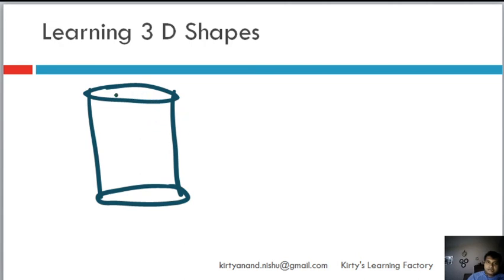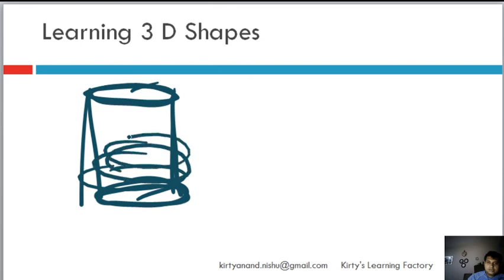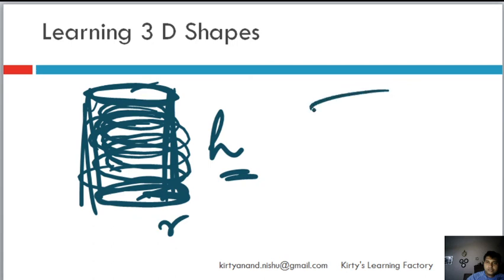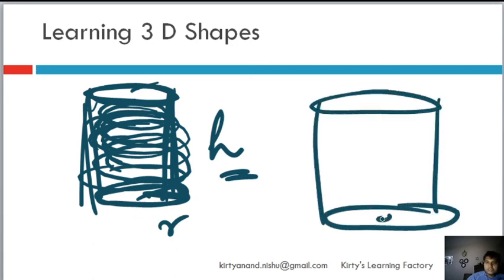So basically what a cylinder is, is that there are two flat surfaces, which are two circles at top and bottom of equal diameter or radius. So you see that there are lots of circles of equal radius, and then you just join them together. That becomes a cylinder. As simple as that. A cylinder will have a radius, which means the radius of the base. It will have a height, that will be the height of the cylinder. That's all. These are the two length parameters that you need to know about a cylinder. As simple as that. This is the radius, this is the radius.